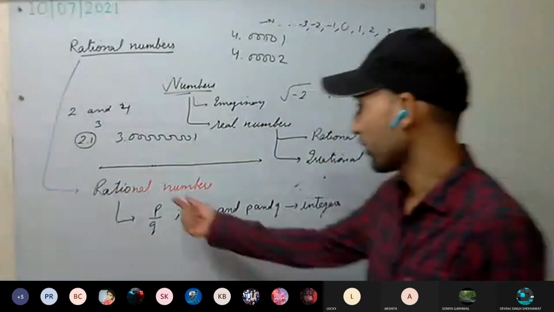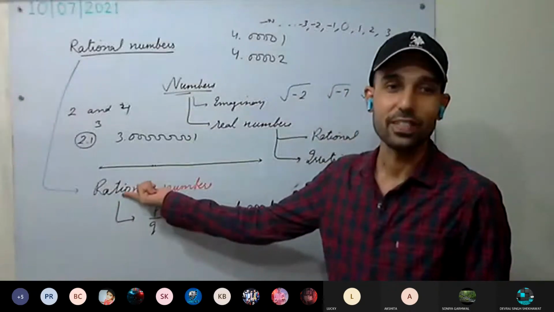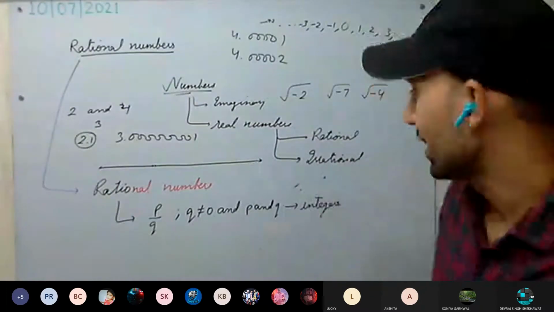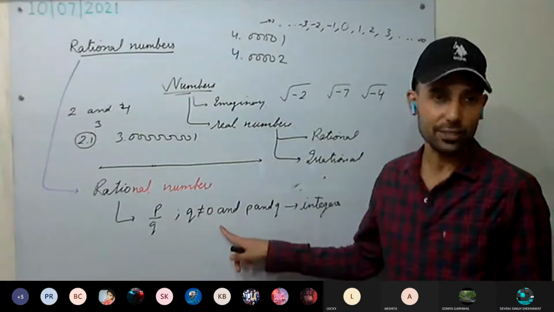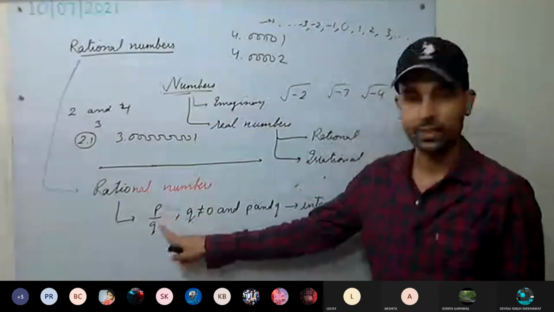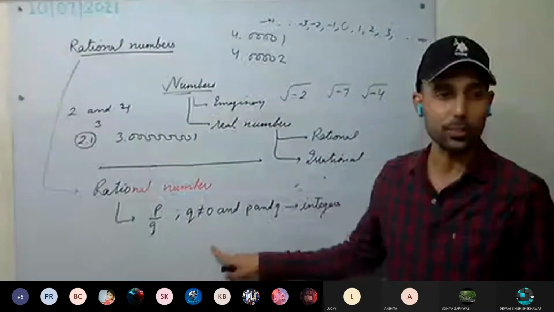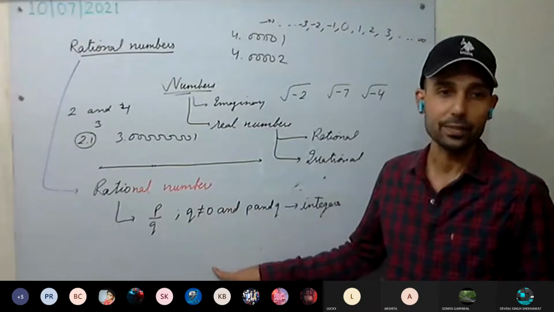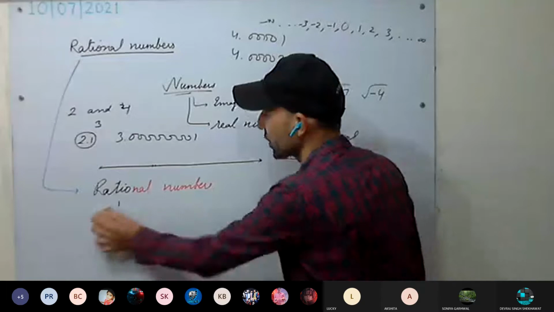So the definition of rational numbers comes from the ratio. Understood? Have you ever figured this out? Rational numbers come from the ratio. Now you will never forget the definition ever in life. This is the form and these are the conditions. You will see at last there will be no common factor between them. You have seen 6 upon 12 equals 1 by 2. 1 and 2 are both co-primes. Yes or no? So these are rational numbers.